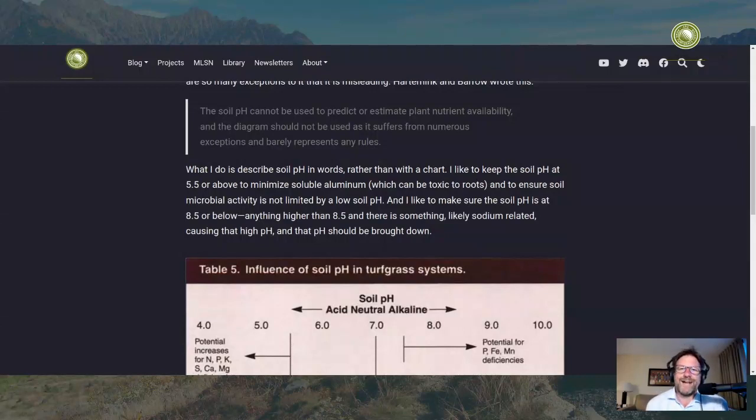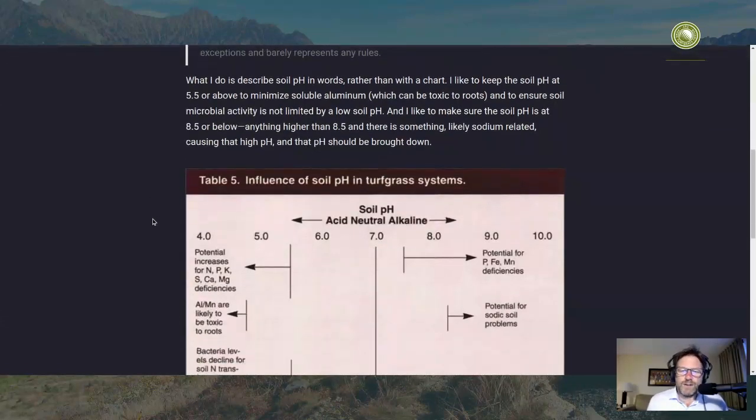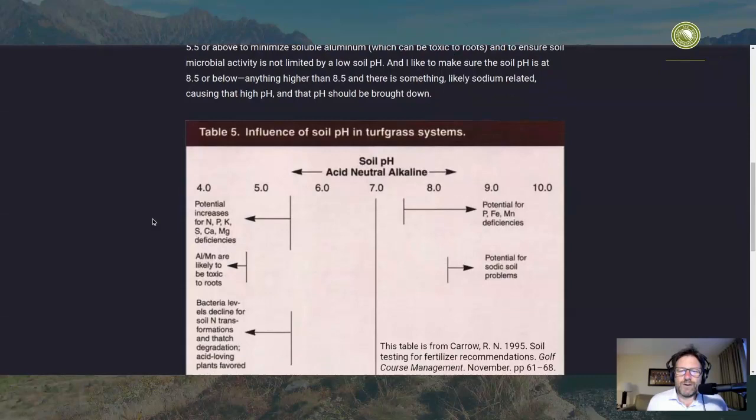So for me, I think that's about all that we need to worry about with soil pH, because the grass has the ability to adjust the pH right around the roots in what's called the rhizosphere. You can have great grass across a wide range of soil pHs. So I just don't worry about it that much, and I like to move on to things that are much more important.